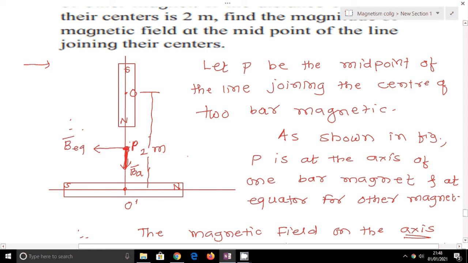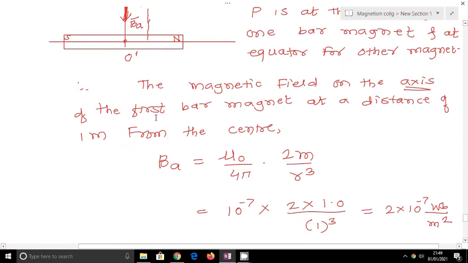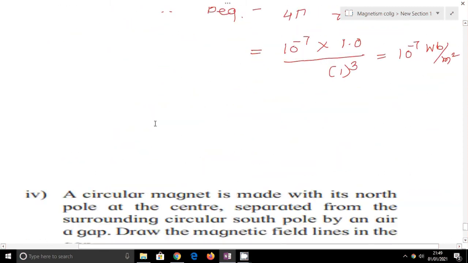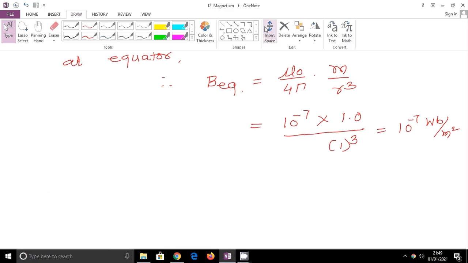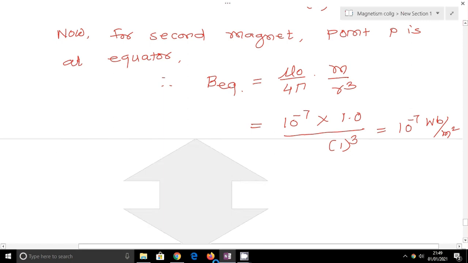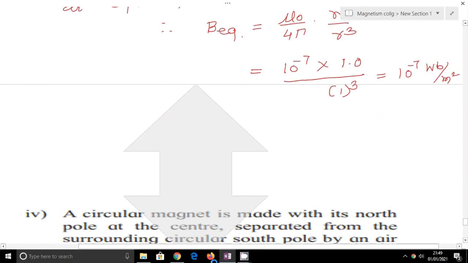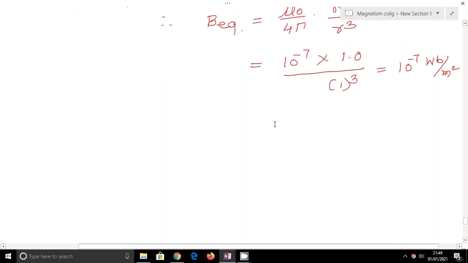So here at point P there are two magnetic fields. One magnetic field is the axial field due to the first magnet, and the second is the equatorial magnetic field due to the second bar magnet. So it means that at point P two magnetic fields are exerted. Now the resultant, the net magnetic field at point P is...